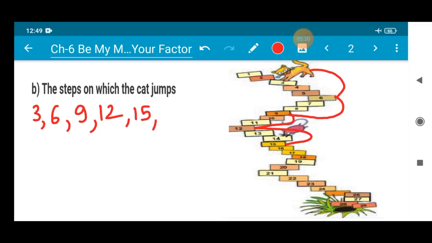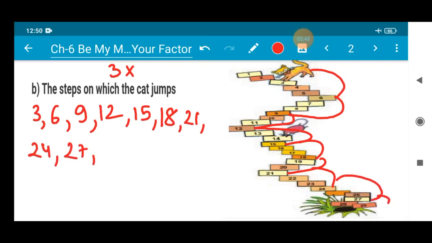3 5s are 15, 3 6s are 18. Just see, I'm taking the multiplication. I'm doing the multiples of 3, which you all know. 3 1s are 3, 3 2s are 6, 3 3s are 9, 3 4s are 12, 3 5s are 15, 3 6s are 18, 3 7s are 21, 3 8s are 24, 3 9s are 27,